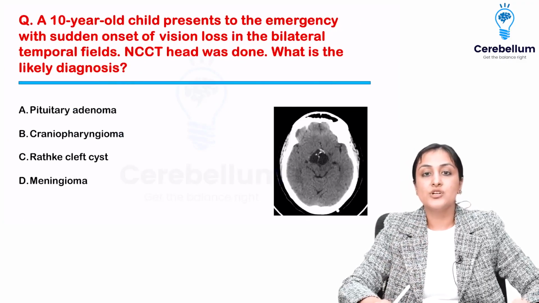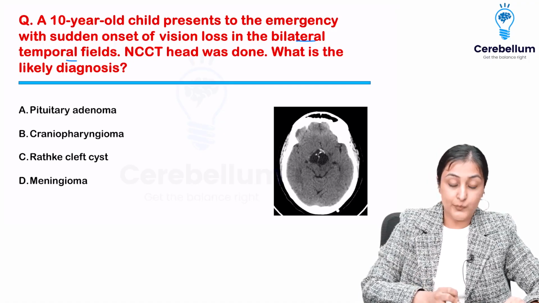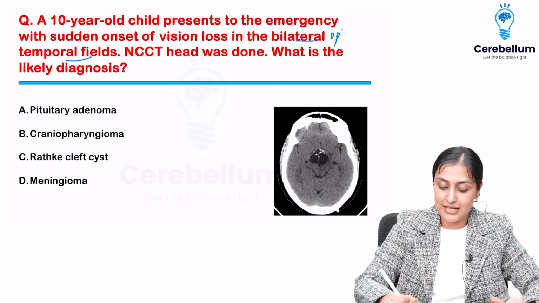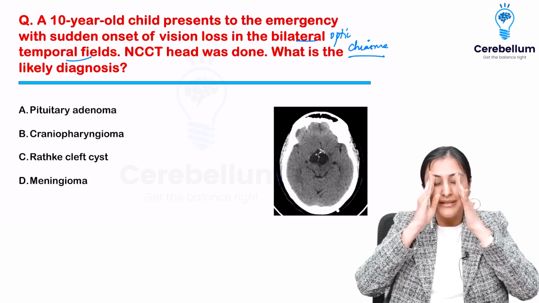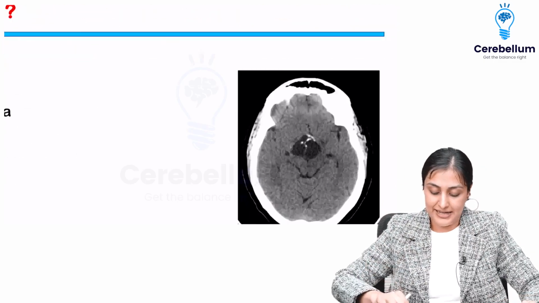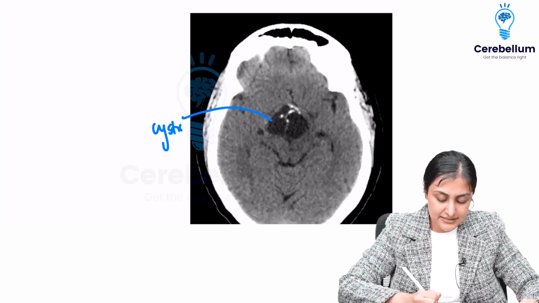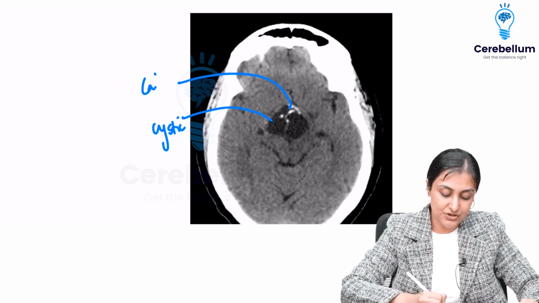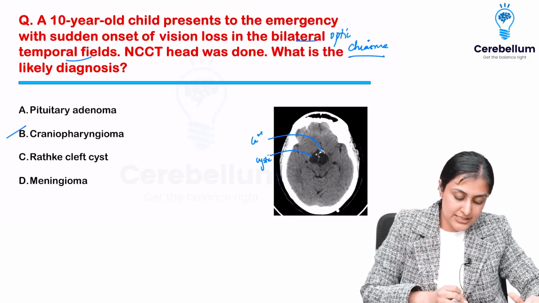Next, a 10-year-old child presents to the ED with vision loss in bilateral temporal fields. Means we localize it to the optic chiasma. Optic chiasma meaning bitemporal hemianopia, right? So child, and look at the CT. You can see that there is a cystic lesion with calcification. These white foci are calcifications. What is it? C for